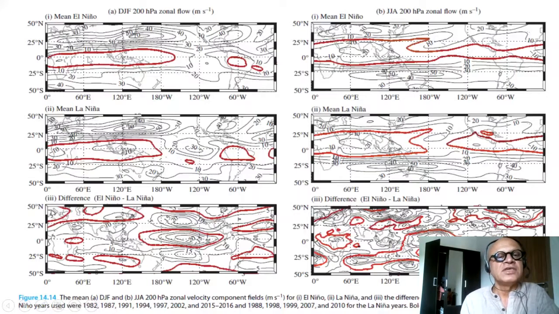So you have in DJF the upper tropospheric trough and the westerly duct, and that is modified by El Nino and La Nina. So these are zonal flows modified by El Nino and La Nina. You can see La Nina, you expect stronger trade winds, stronger upwelling, and stronger westerly duct in the upper atmosphere in DJF and also in JJA. So this is mean La Nina, and this is for JJ, and this is for DJF.